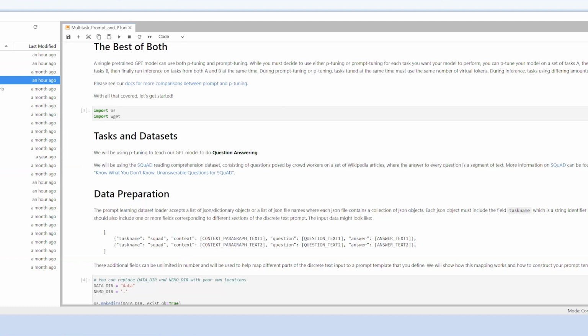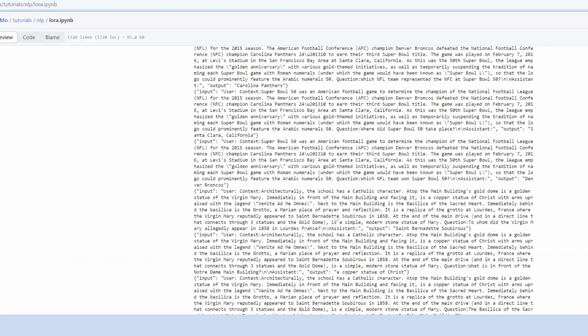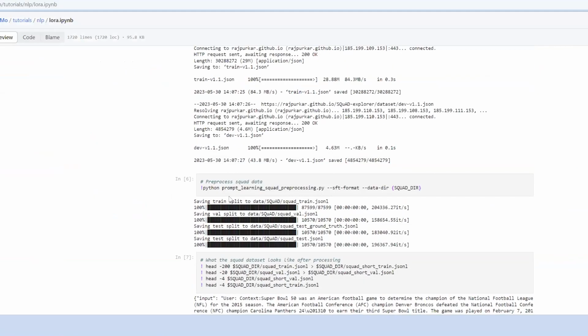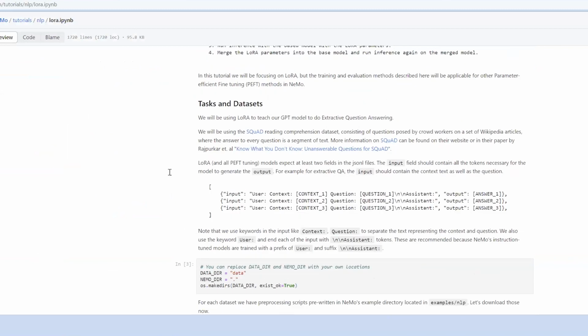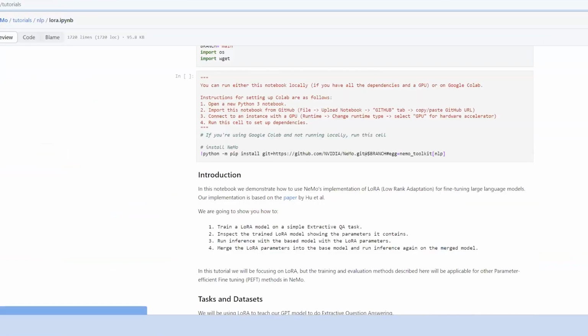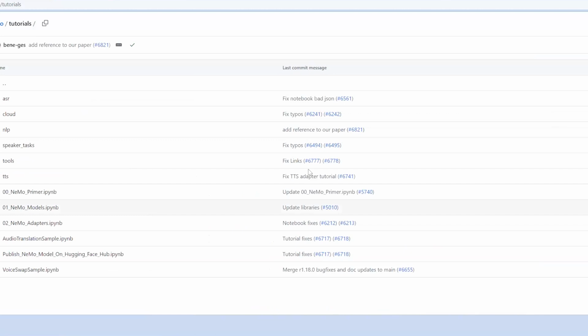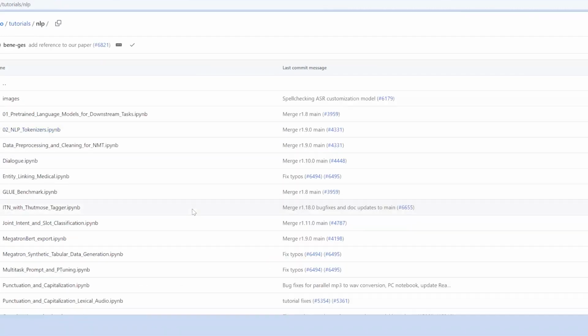Another thing that I would like to highlight is that under this NeMo framework, p-tuning was just one part of it. There are other things that you can try out and learn, and this repository is for all of you to use. Especially if you go to NLP, you have